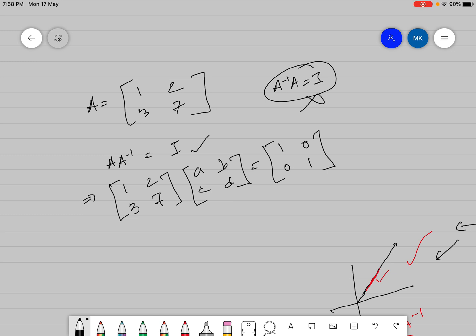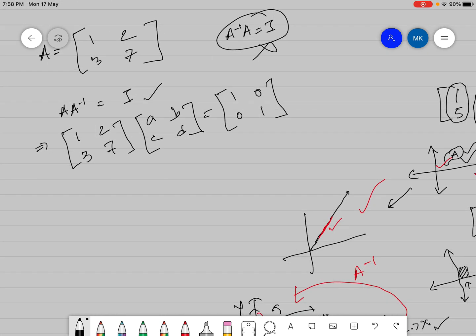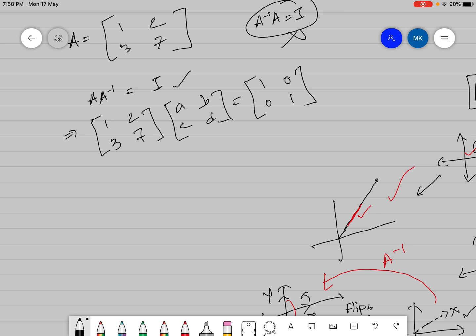So from the concept of linear combination of matrix vector multiplication, we know that if we from these two I get 1 2 3 7, then A